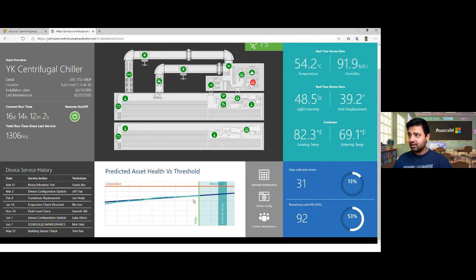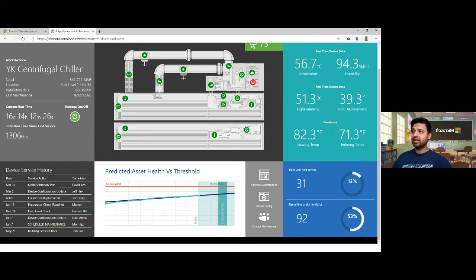So you'll see this graph here increasing and there's a critical alert bar set here. So in a few days time, the critical alert will actually cause a part to fail. So we've got an alert today to request us to analyze the HVAC unit, to request us to service this unit to ensure that we identify any issues before they occur in a couple of days time.